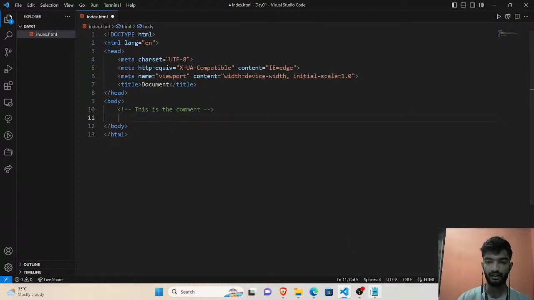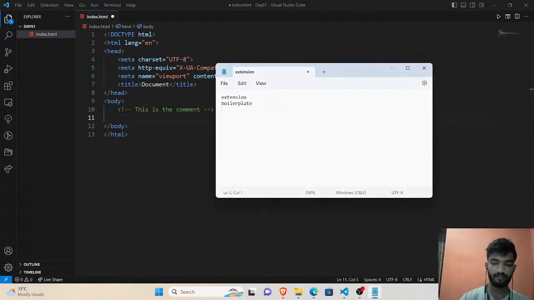So guys, HTML. In HTML, we use one word called tags. What do you mean by tags? How many types of tags are there in HTML? Do you have any idea about it?